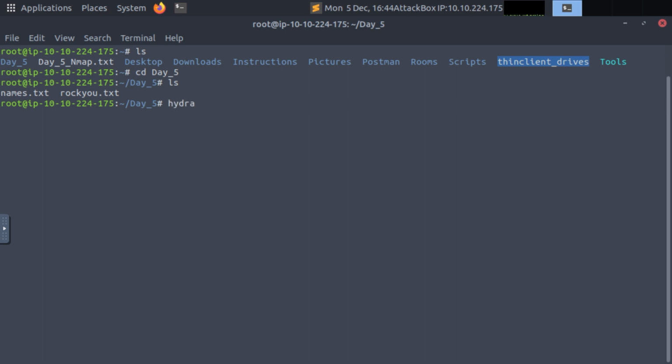So I'll start typing my Hydra command, hydra -s, and I'll give it port 5900 because that's what VNC is running on our target machine. And I want to do -P, and here's where I give it rockyou.txt. And the last thing I need to do is give it the IP address. So the IP address is going to be 10.10.252.125, and then we're going to tell it it's a VNC service that we're trying to crack the password of. So we'll hit enter,